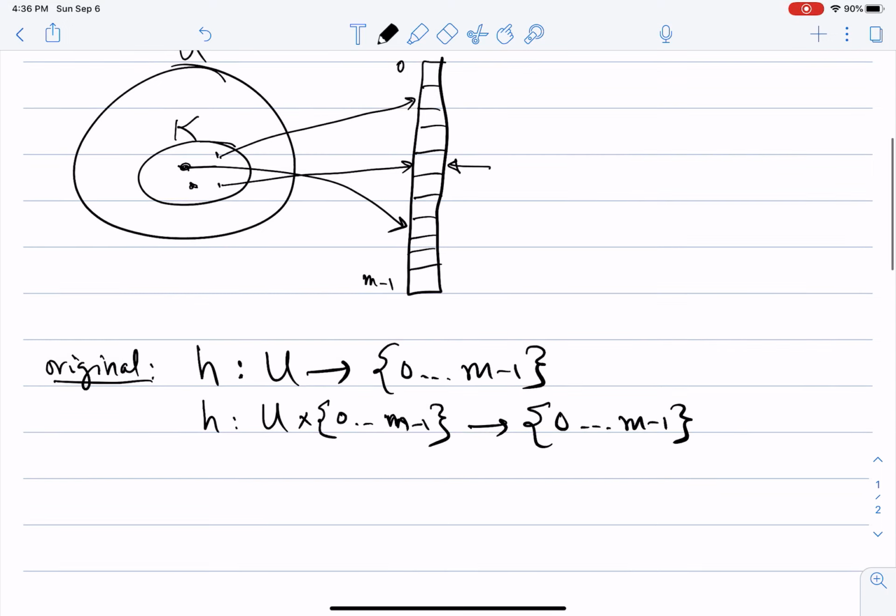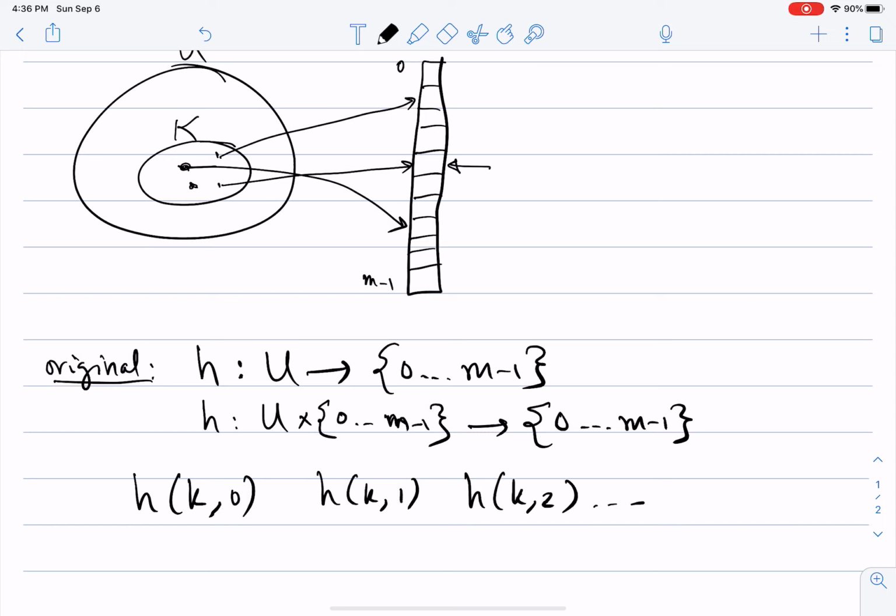So now, if you look at this function, the input is a pair, a key, and some index for it between 0 and m minus 1. So now we can think about h of k,0, h of k,1, h of k,2, and in the worst case, we have h of k,m